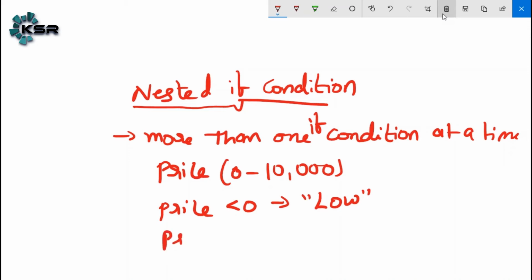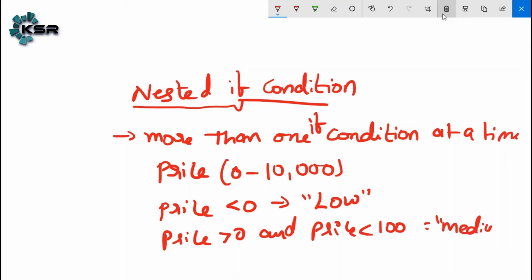If price is greater than 0 and price is less than 100, then it is medium. Else, high. That means if the price is greater than 100, then high. How do we write this condition in R? Clear? Any confusion?